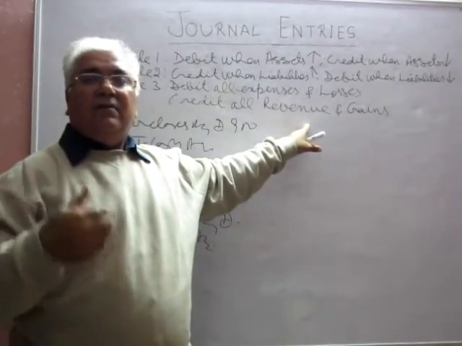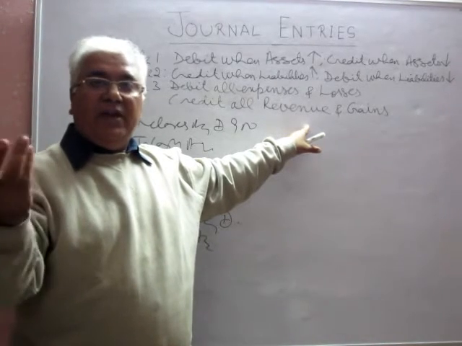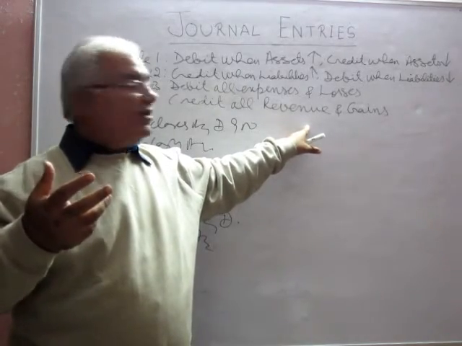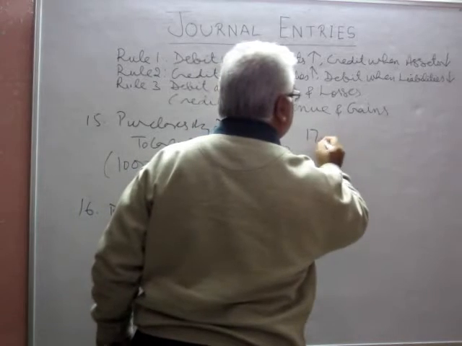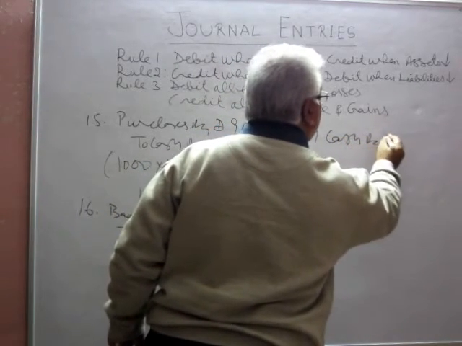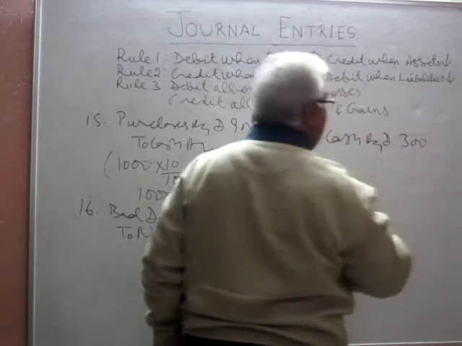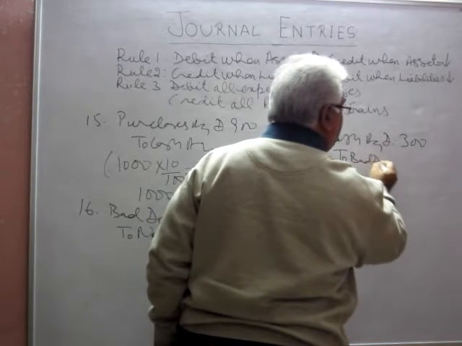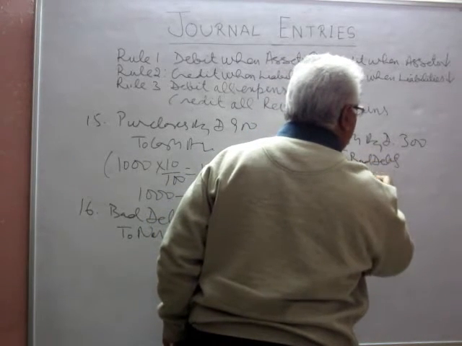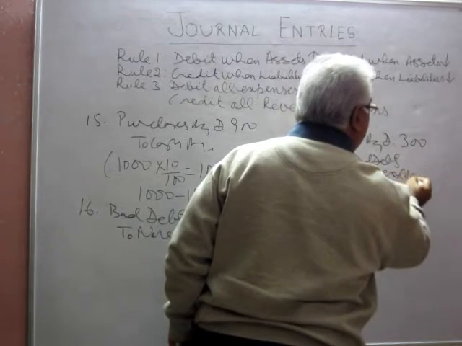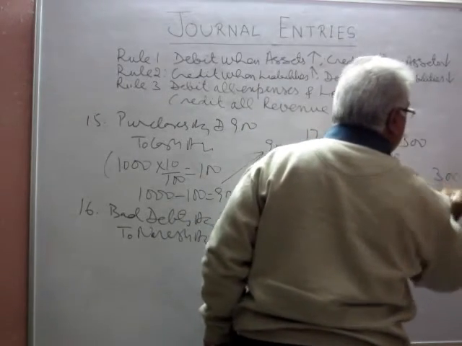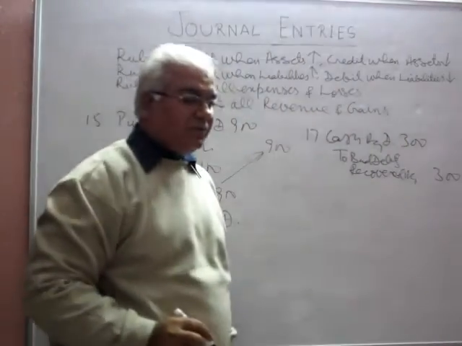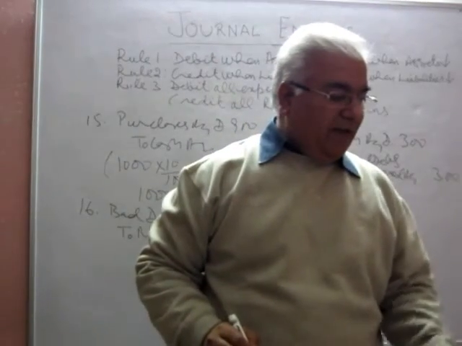For example, Mr. Naresh, whose 1000 rupees we had written off earlier, gives us say 300 rupees back. So the entry for that will be cash account debited, because cash is increasing, to bad debts recovered account. This being our income account, it is being credited. This is the rule: credit all revenues and gains. Okay? So our next entry is